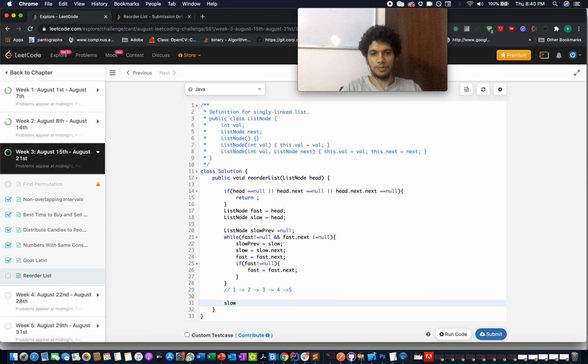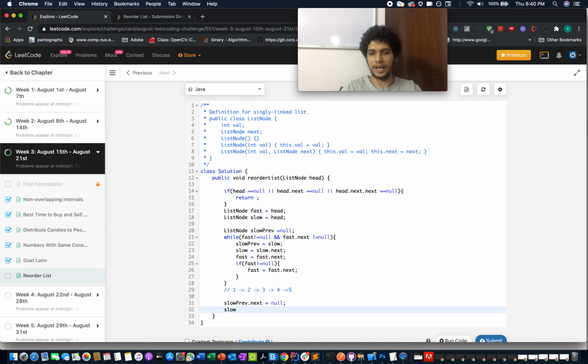So slow prev dot next becomes null, and the slow pointer marks the head of the second list. Now, slow pointer is the head of the second list, and what you're going to do next is reverse this list.